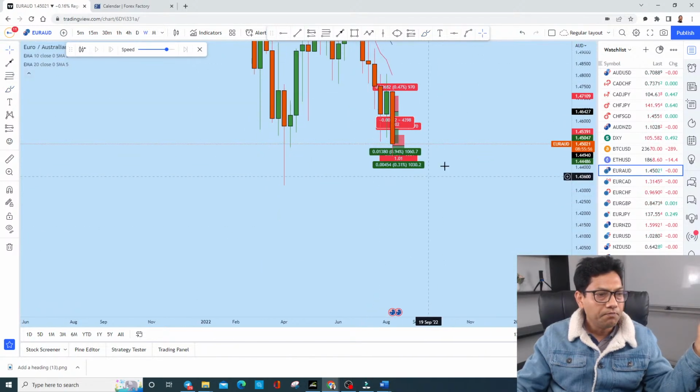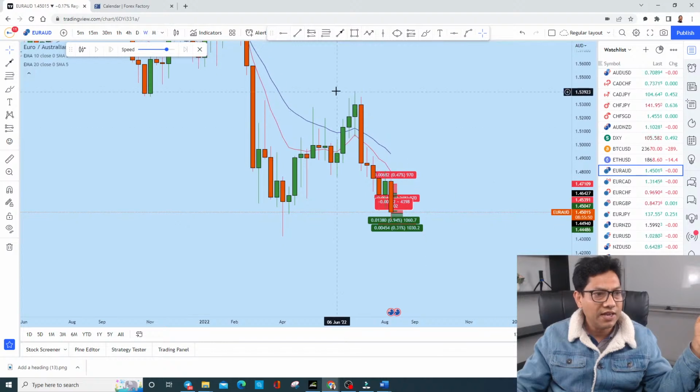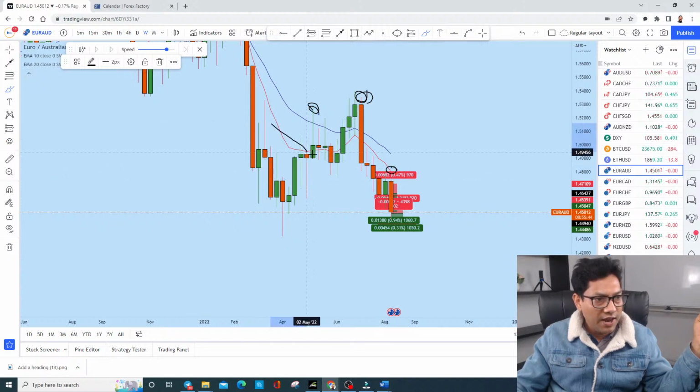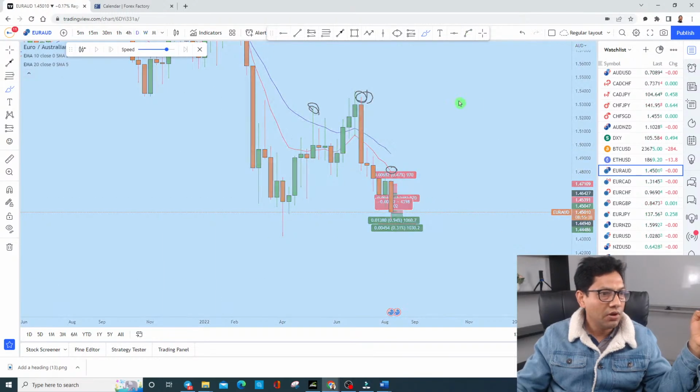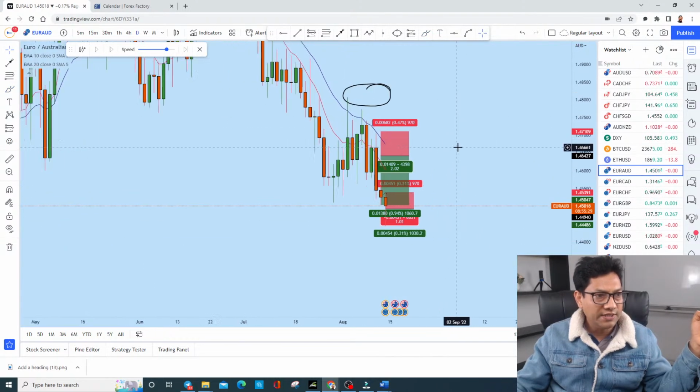Now this is a long-term bearish market, and on the weekly we have seen the price form a head and shoulder. You can see on the weekly this is the head, left shoulder, and right shoulder, and the neckline of this head and shoulder was tested on the weekly, and now we see a rejection. Now if you go to the daily, there is another head and shoulder. There are a lot of head and shoulders, and that head and shoulder has a significance. Why?